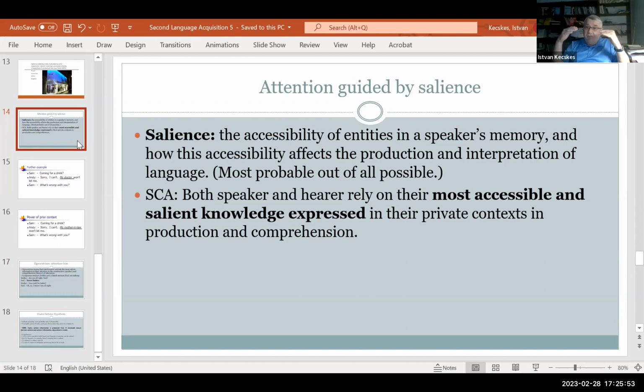So after all, again, my point is that as far as salience is concerned, you cannot escape that. It's there. Even if you deliberately say, okay, no, I want to control what I think, you cannot. It is so important. And my definition of salience is a very short one: most probable out of all possible. So it's the accessibility of entities in a speaker's memory and how this accessibility affects the production and interpretation of